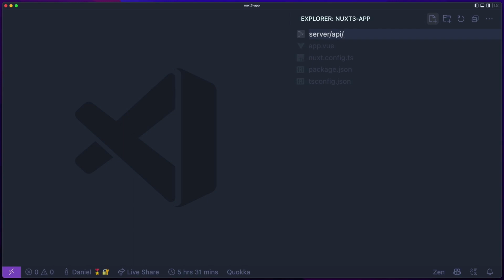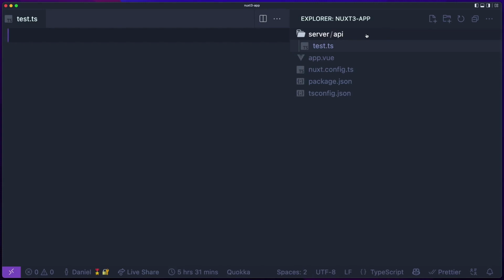If you create a file in server/api, that is going to be automatically read in by Nuxt as a server route called api/test. We have other much more complicated ones. You could do test.get. That will only respond to GET requests. And there are lots more other cool features like that. You can even have dynamic parameters and things like that in your